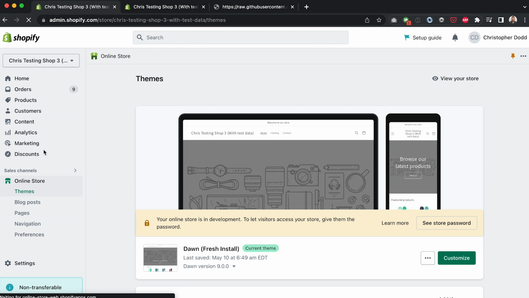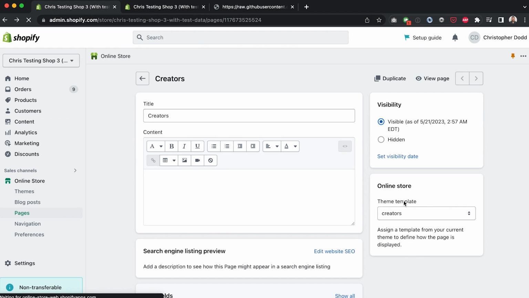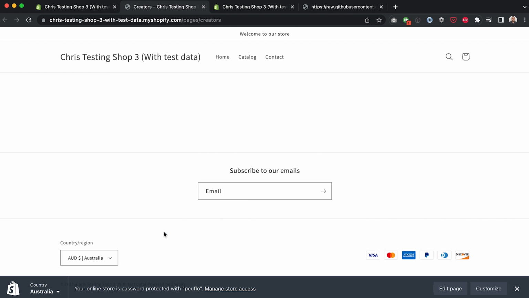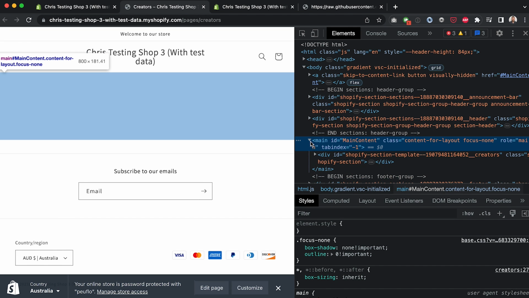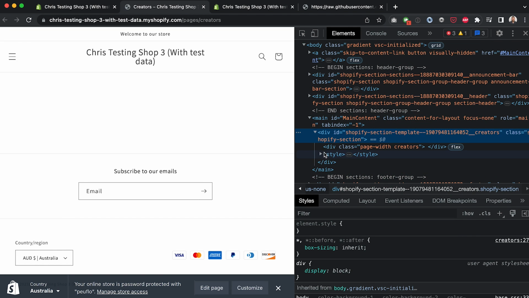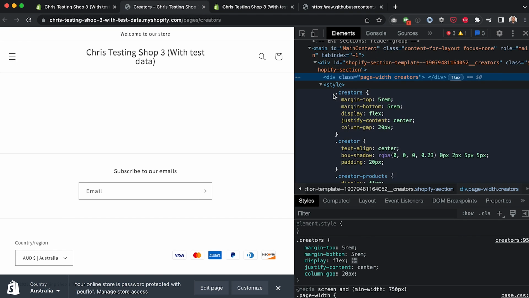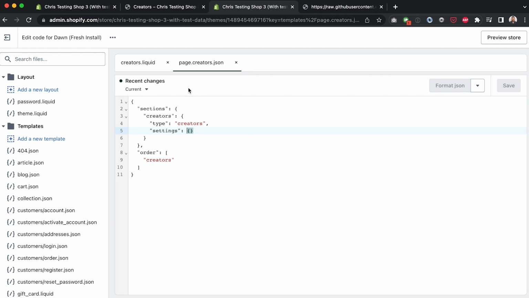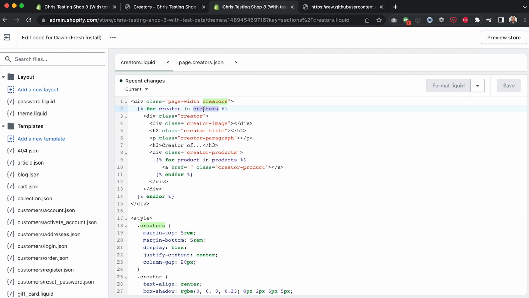All right, so now, actually, I'm not going to go back here. I'm going to click view page, and now you can see if I inspect on it, let's go into the main section. Here you can see the CSS and the beginnings of the HTML. So like I said, right here, if we look at this, creators doesn't exist. That's just a placeholder. What I'm going to do is grab that list of creators from the Metaobject, and how I do that